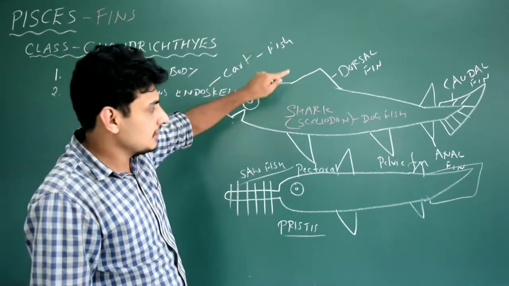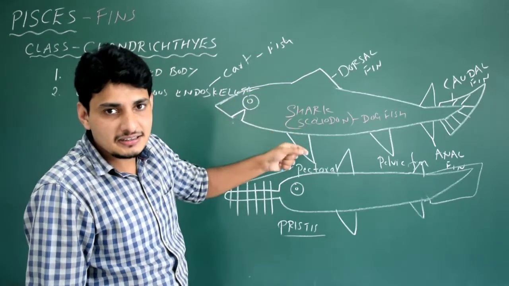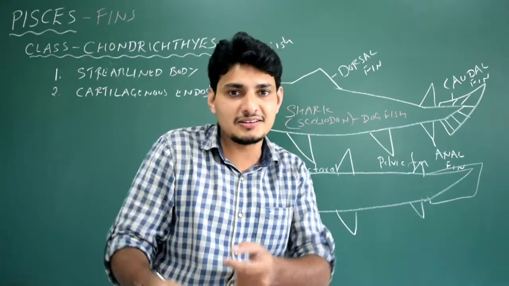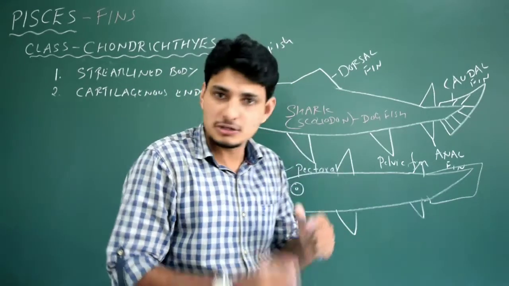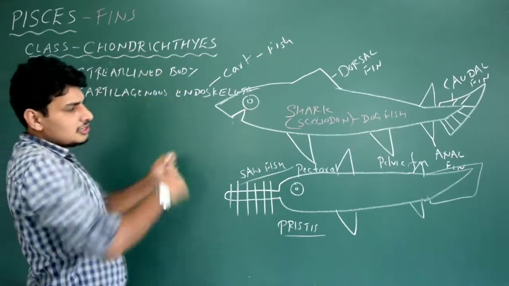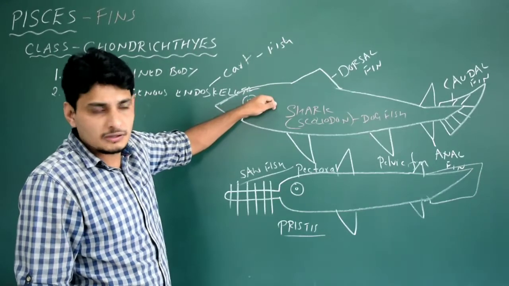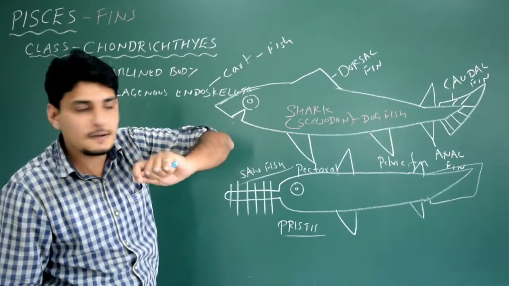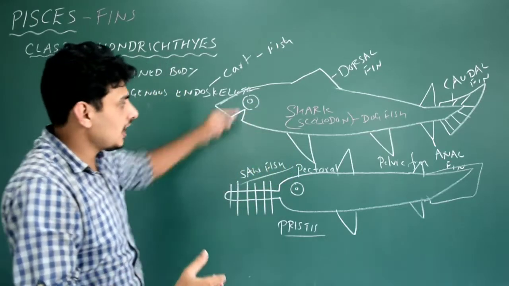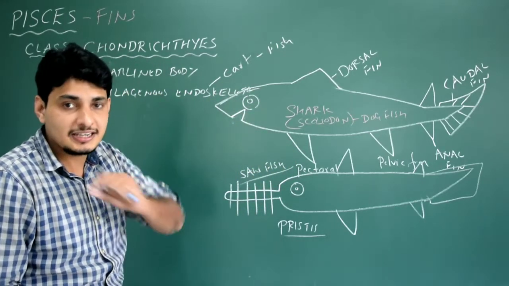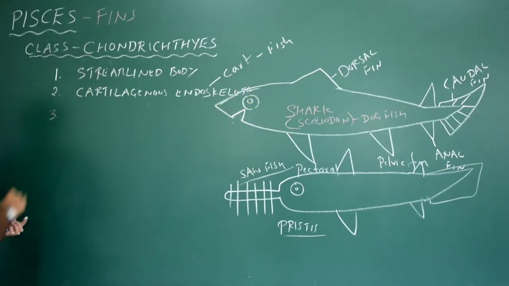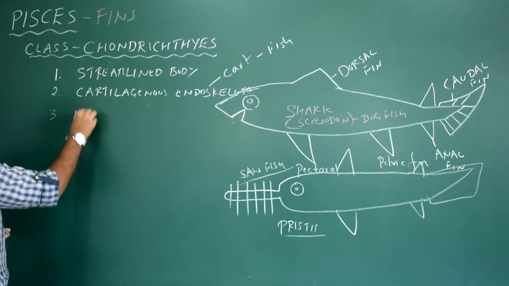Do they have notochord? Yes. See, if you take vertebrata, as I said earlier, notochord is present only during the embryonic stage, but it is later replaced by the solid vertebral column as endoskeleton. But Chondrichthyes do not have bones. The entire body is made up of cartilage. So to provide more support to the cartilage, they have a notochord that is present throughout their life.